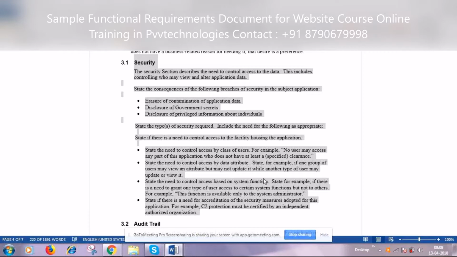Say for the insurance application that we discussed as an example, the insurance company will have the highest right and access level compared to the agency users. Do you agree? So what we are trying to do is give the application to the agency users so that they can use it, but at the same time, the insurance company will have the highest right.